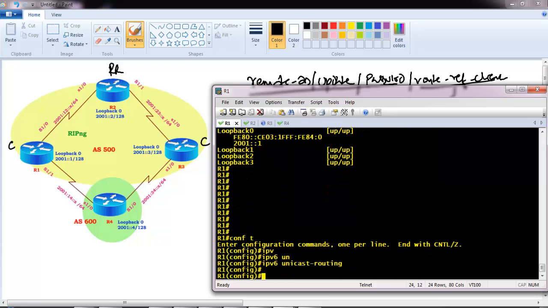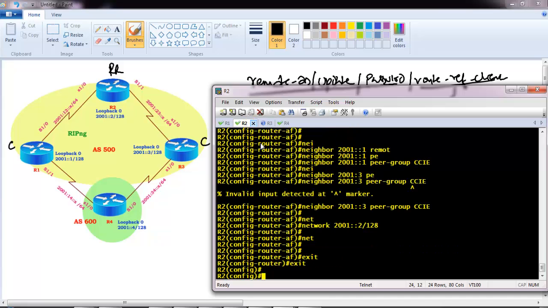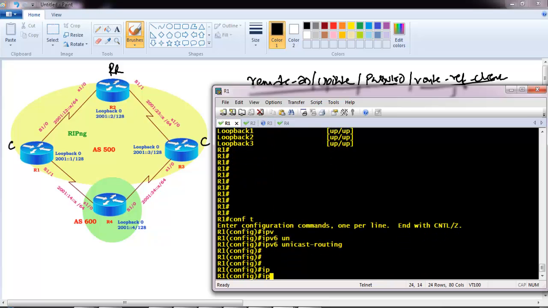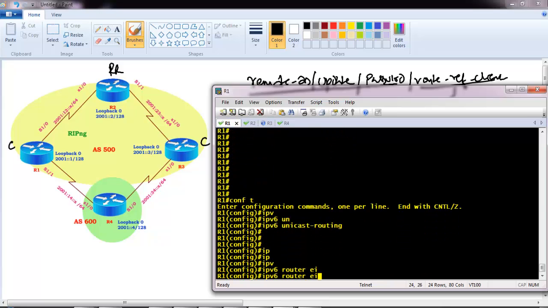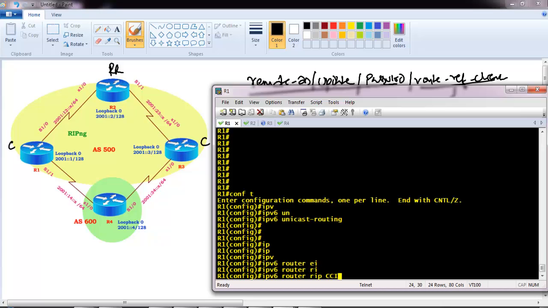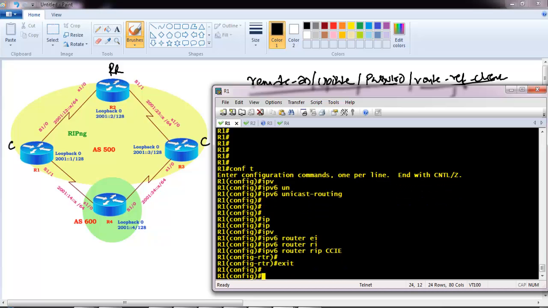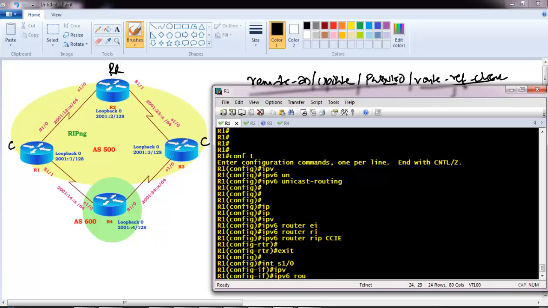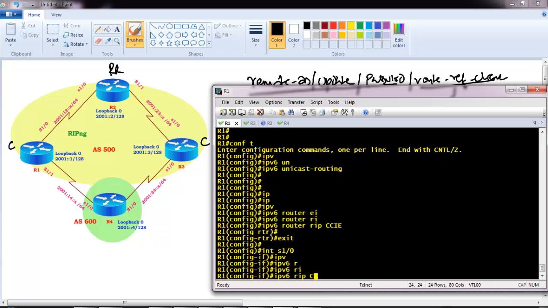The first thing we need to say is ipv6 unicast-routing. I did not do that here because it's enabled by default. Then ipv6 router rip CCIE, where CCIE is the process ID, and then interface S1/0, ipv6 rip CCIE enable.